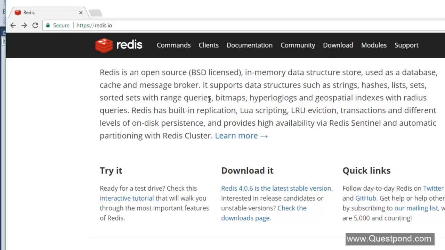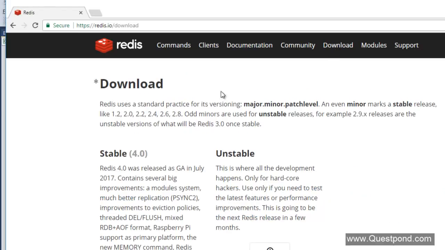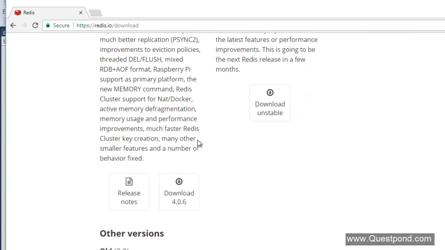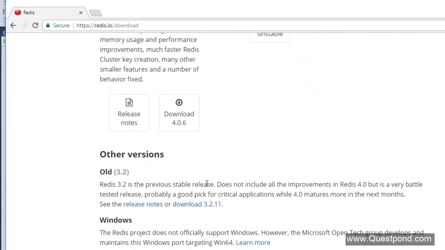In order to install Redis, you can click on this download link out here. You can see that the official website of Redis is redis.io, so you can go to redis.io/download. Now over here, you can see that there is an unstable version. In case you want to check out the new features, then this is a good thing. Then there's a stable version, but again, this stable version is recently launched, so it has to go through some bugs or it has to become matured, right? And then you have the old version, which is really stable. It has been time tested, battle tested, right? So this is a good pick.